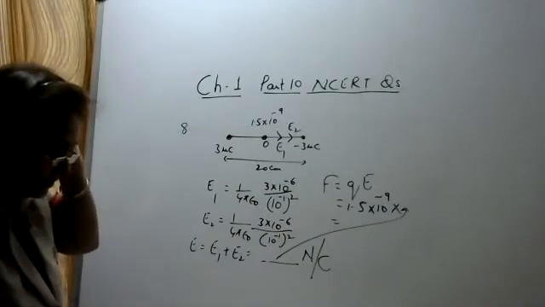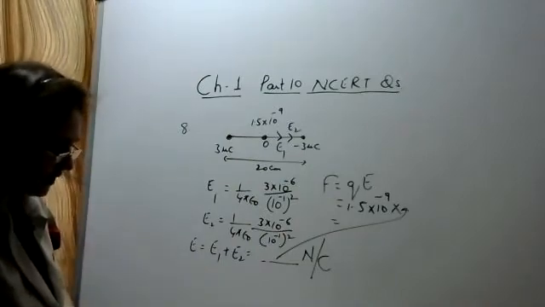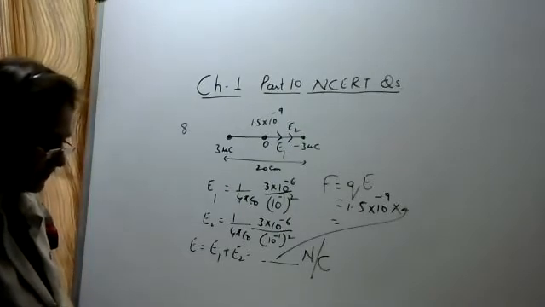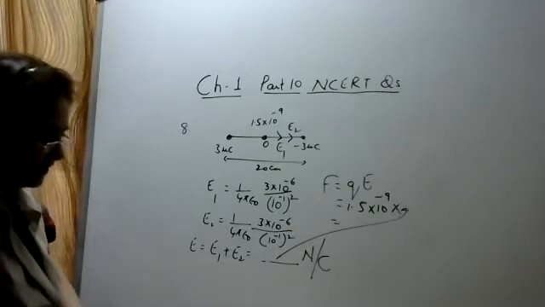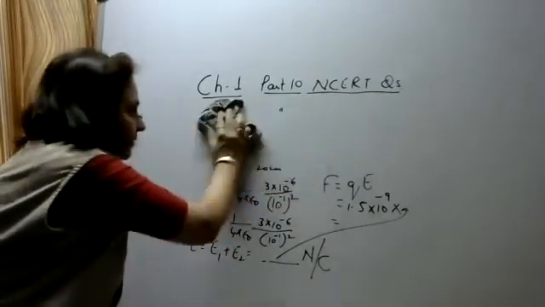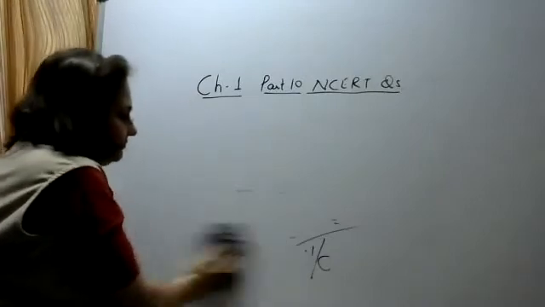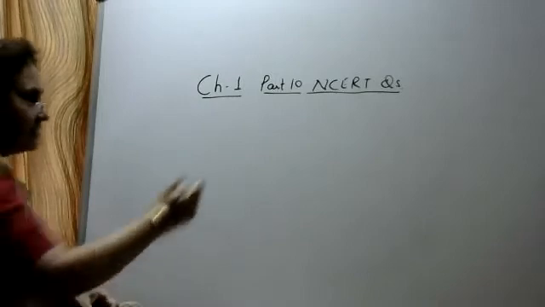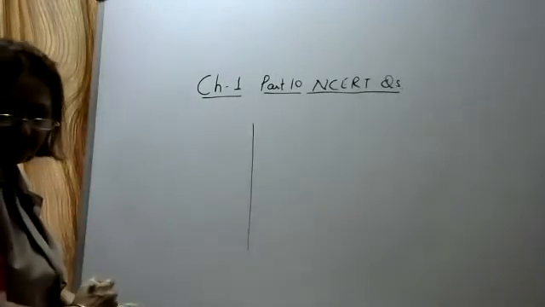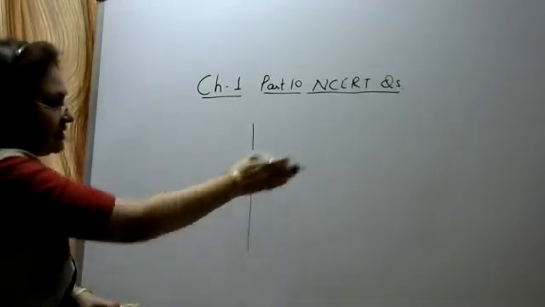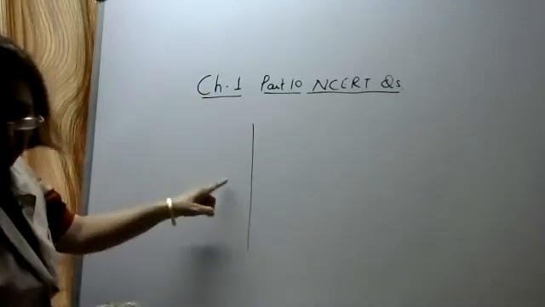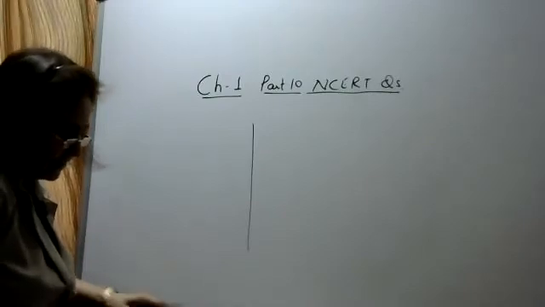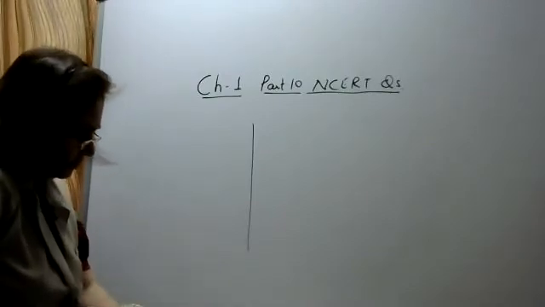Question number 9. A system has two charges QA and QB located at (0, 0, minus 15) and (0, 0, plus 15). What is the total charge and the electric dipole moment of the system? Okay, again let's draw the figure. The charges are only acting along the Z axis. Let this be the Z axis. Okay, X and Y, leave it. This is X, Y is perpendicular to the plane of the board, leave that. Only the Z axis we are drawing. Okay, so here it is given that, question number 9.